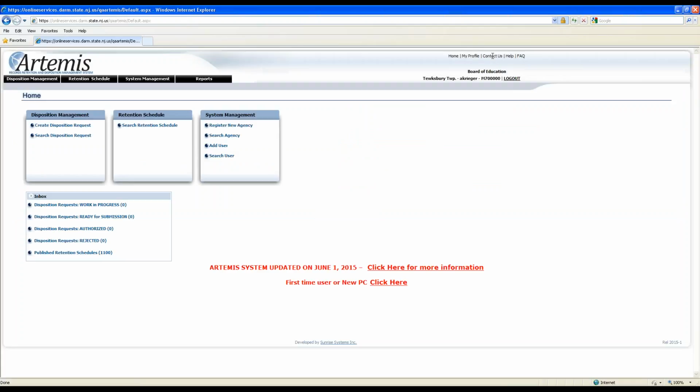Under the Contact Us, as I mentioned earlier, your first point of contact is the state. Their hotline number is out on the home page. I don't think this link is actually active right now because, again, we've published their number right there on that login page. There is a help link here.